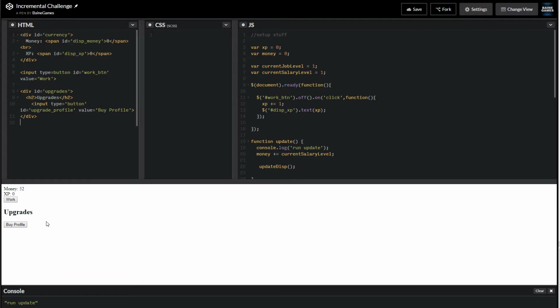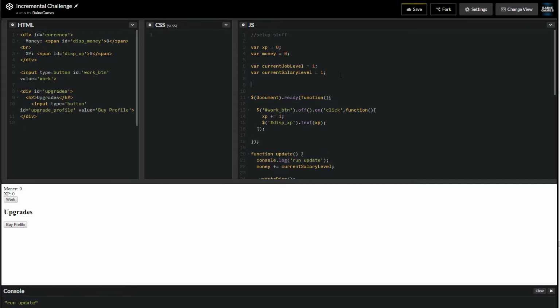So when I buy a profile, essentially something should happen. It should unlock a certain area. So something like this might be, just to give you an idea here, you might do something like this to say profile unlocked false, for example. So inside of here,